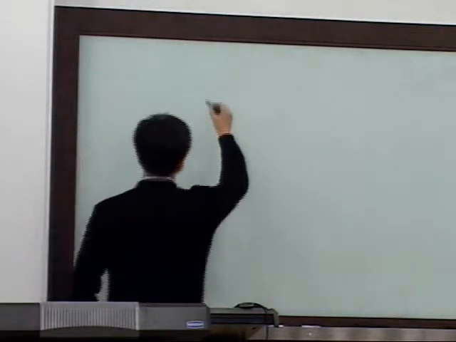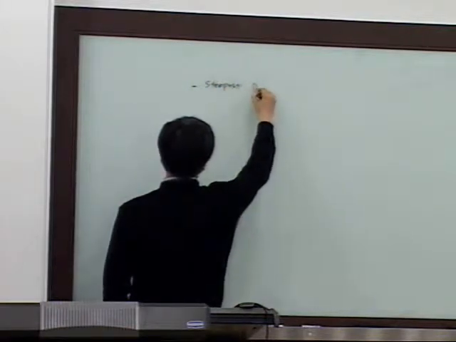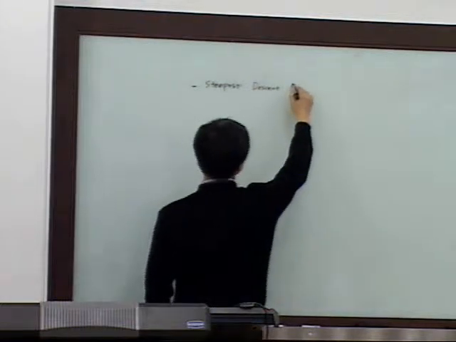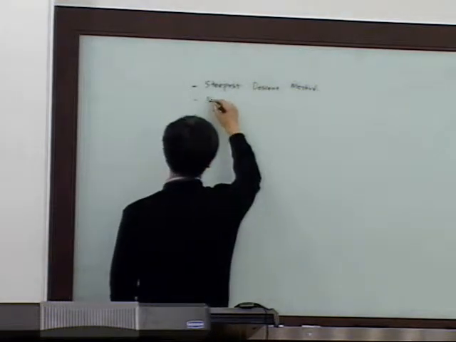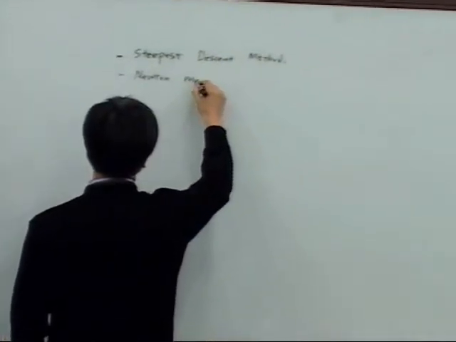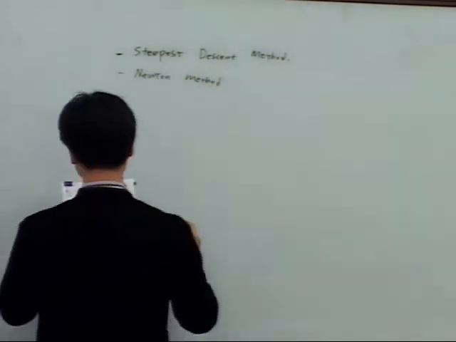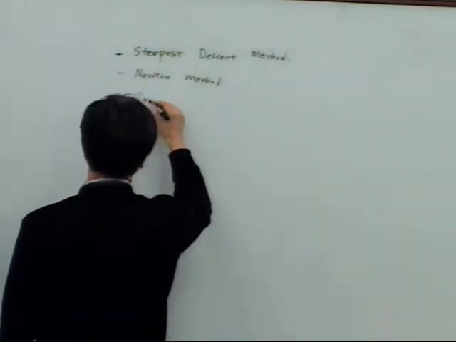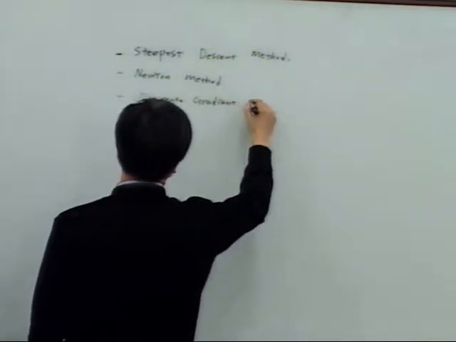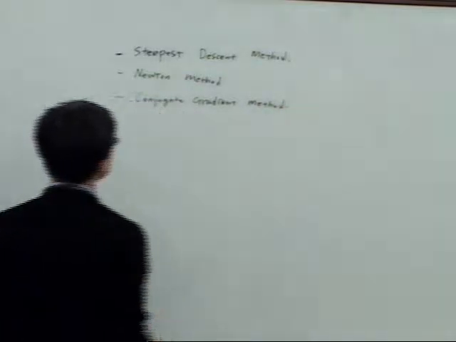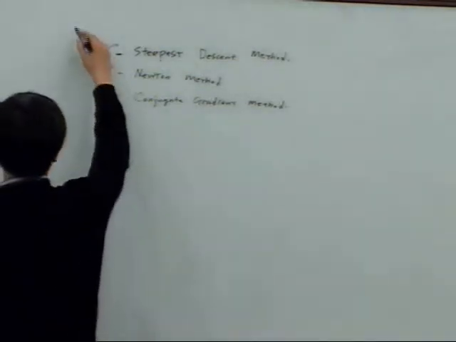So far, we have discussed the steepest descent method and Newton method, and today it's the conjugate gradient method. And these are for unconstrained